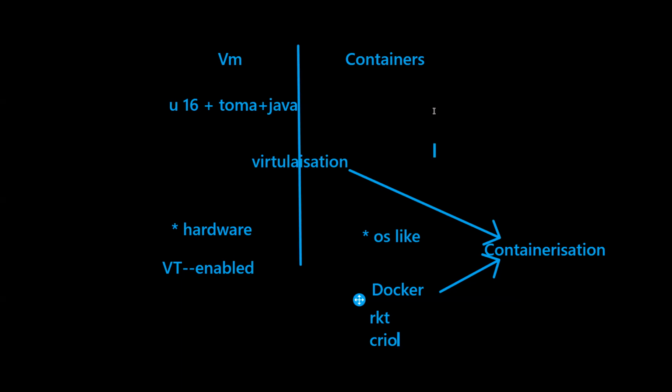So, to understand in detail what is meant by virtualization to the hardware and virtualization to the OS, let's talk about the architecture of VMs and containers. If you understand the architecture of VMs and containers, you can understand this concept, what is meant by virtualization done to the hardware and what is meant by containerization. So let's proceed.